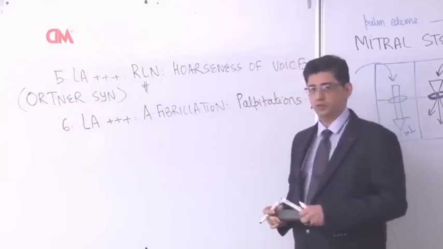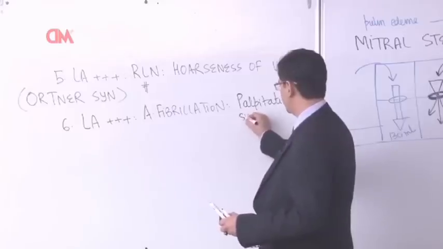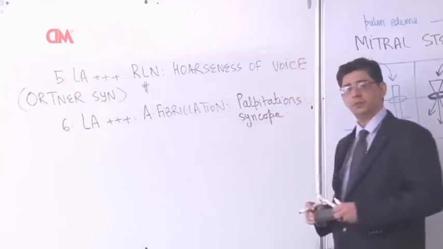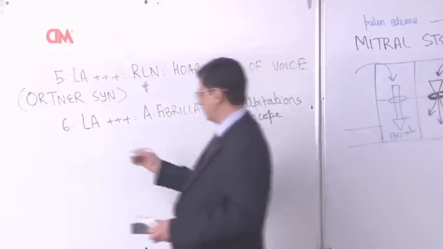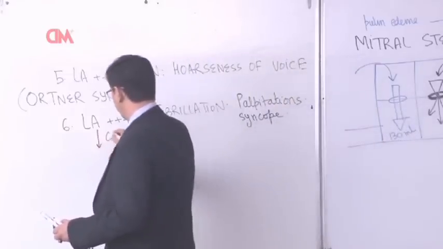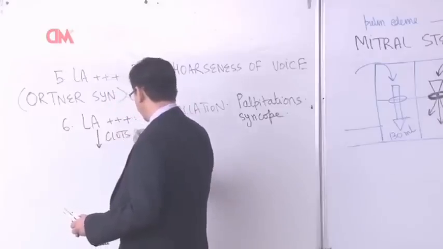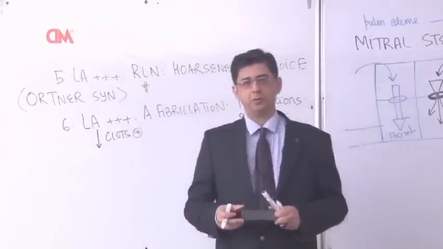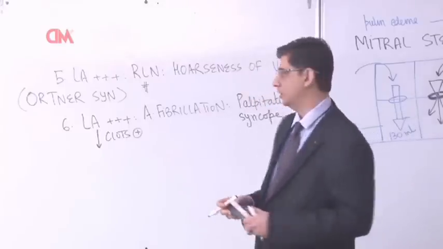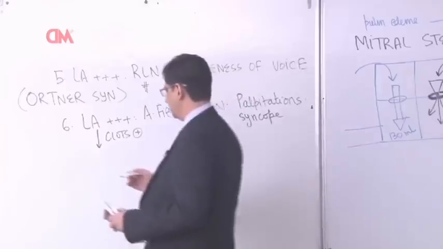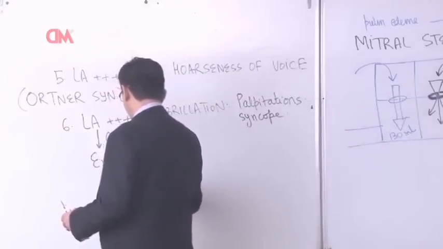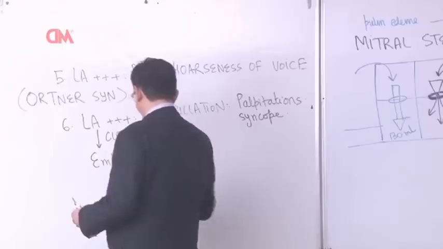A fast beating heart usually causes a fall in blood pressure, so these patients would also be developing syncope. Because of the fact that the left atria could be having development of clots. Remember I said atrial fibrillation, the atria twitching. The twitching activity can contribute to development of clots. And once the clots are formed in the left atria of the patient, these can basically embolize to the systemic circulation and can cause development of embolic stroke.